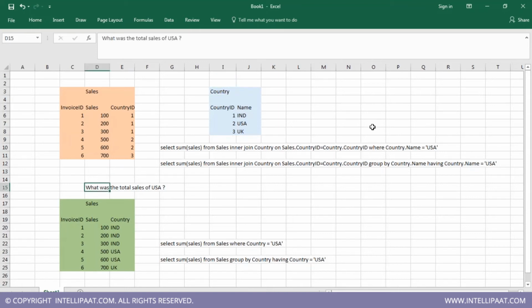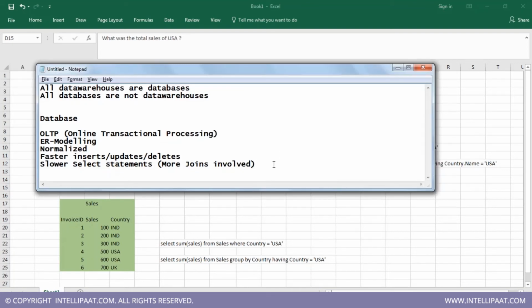Okay, and when you do multiple levels of joins, it takes a lot of time. So slower select statements, more joins involved, and they take a lot of time. Okay, so I put it as joins are expensive, joins take time. Okay,